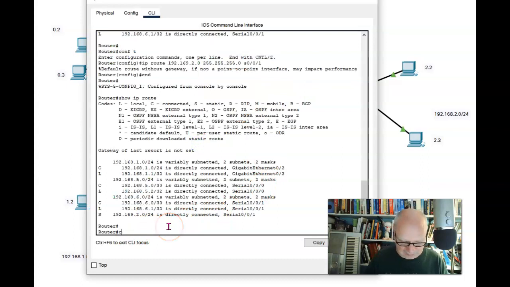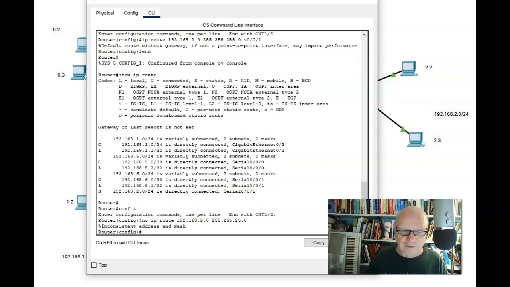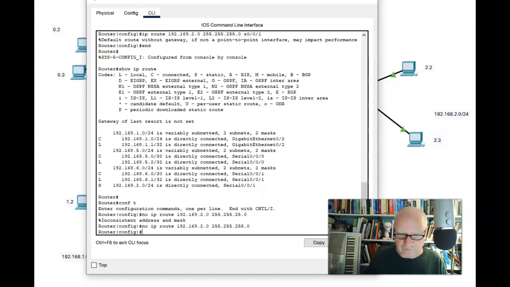So first of all, I'm going to get rid of this static route. no ip route 192.169, which is the incorrect one, 2.0, 255.255.255.0. Inconsistent. Oh, because I forgot a 5 there. There we go. And now we'll put it back in, but this time we will make it 168 like we should have done the first time.